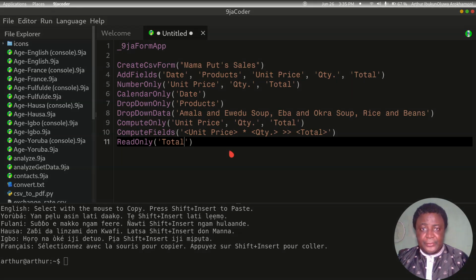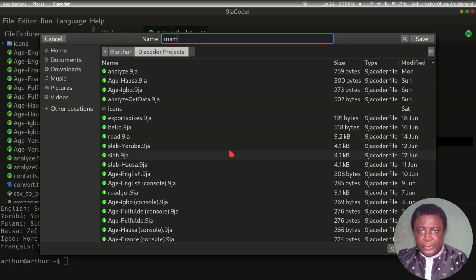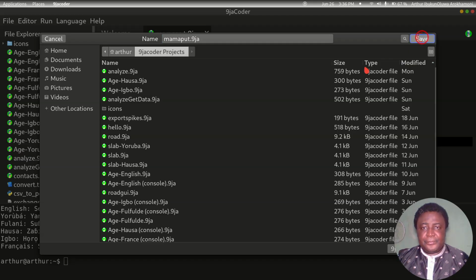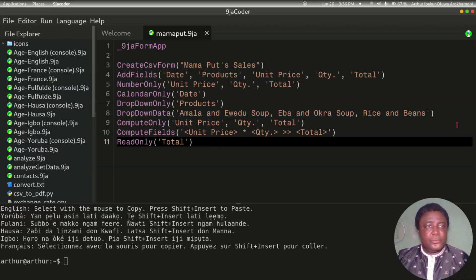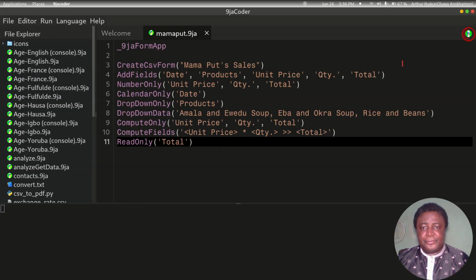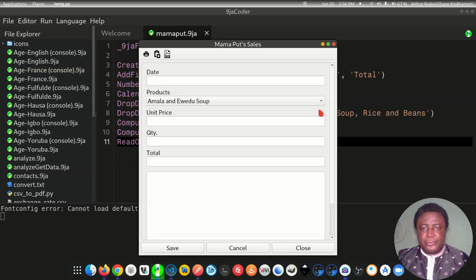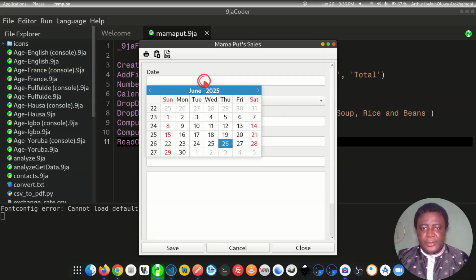So let's save this. Ctrl S. Mama put dot 9ja, save. So let's run our app. Good. Date. You see, that is the effect of the calendar only. So today's date,